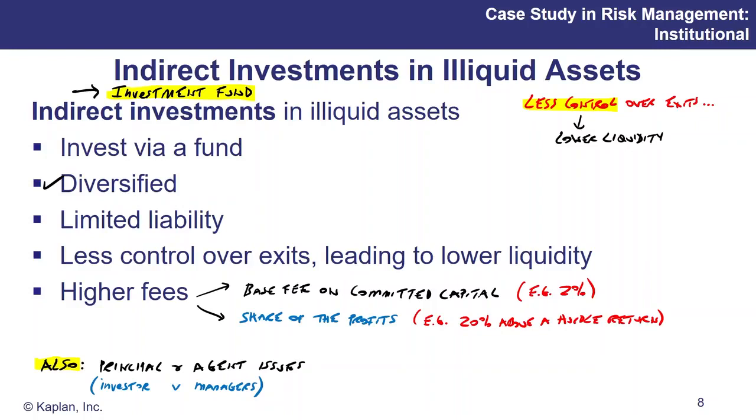And that can also be quite important for things like fraud, because if you have all your money with one manager or all your money with one project, that can be a problem. Be more diversified. Yes, you're also limited in your liabilities. The most you can lose is your fund investment, but it also has a number of problems.